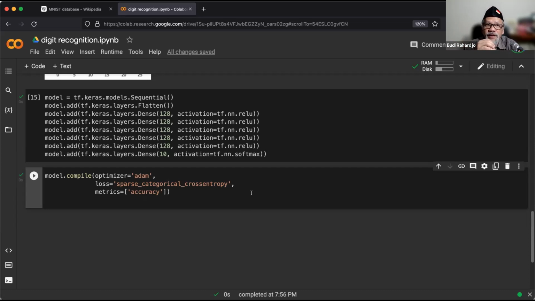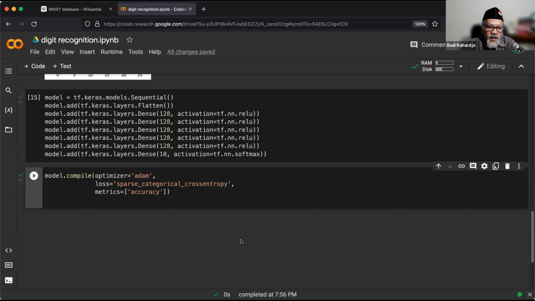This one, the metrics, it could be the accuracy, it could be other things. But now let's focus on accuracy aja. Jadi kalau ada 6, if we are given the number 6 and then the output 3, so that's wrong. Given again the number 1, the output is 1. Okay, that's correct. So how many times we are wrong and how many times we are correct? That's what we call accuracy. From 60,000 images, how many times we failed, because it's not going to be 100%.